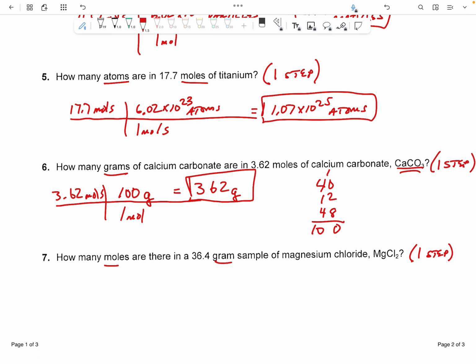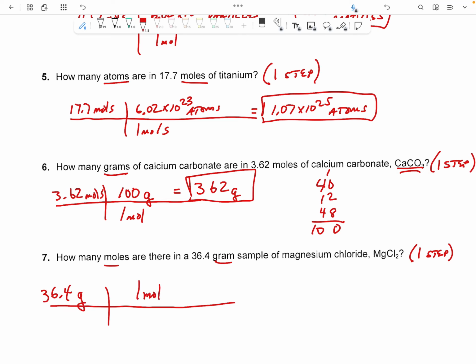Number 7, how many moles are there in a 36.4 gram sample of magnesium chloride? Grams to moles, again, that's a one-step problem. Write down what you've been given, 36.4 grams. And we are going to divide this time. So we're going to have 1 mole on top, and we're going to have the molar mass